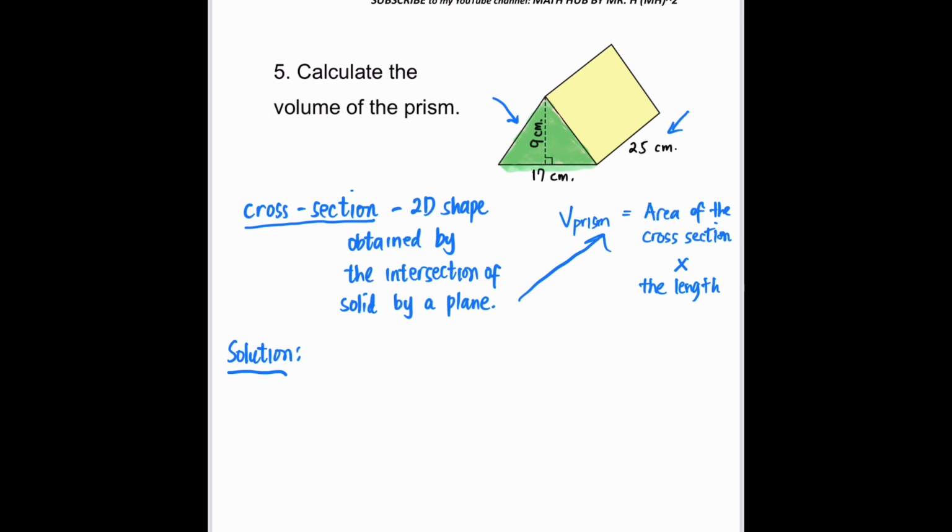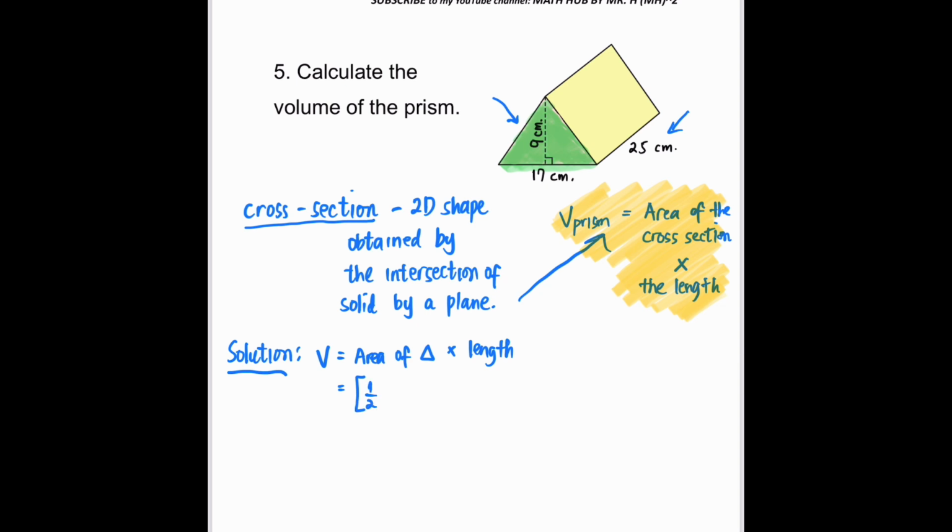All right, so I already mentioned that the formula is area of the cross section times the length. The cross section here is a triangle. And everyone's familiar with the area of a triangle, right? So it's base times height divided by 2, or 1/2 times the base times the height, okay? It is going to be